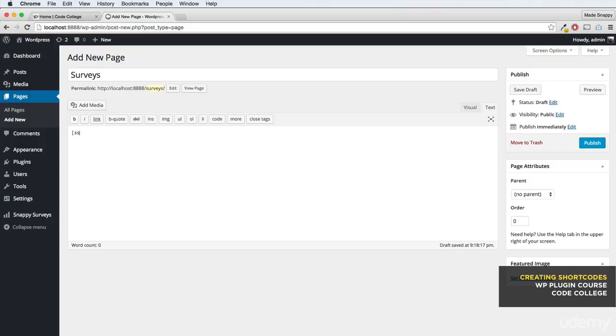So again, it was SSP survey ID, and we're just going to put a bogus ID in here now. And let's try out the content portion. So content is anything that appears between your shortcode's opening and closing tags. So we can do that just like this. So we're putting the text test content in here. Okay, so you can hit publish now